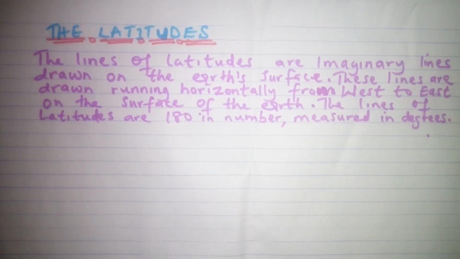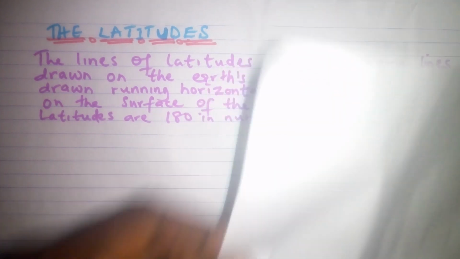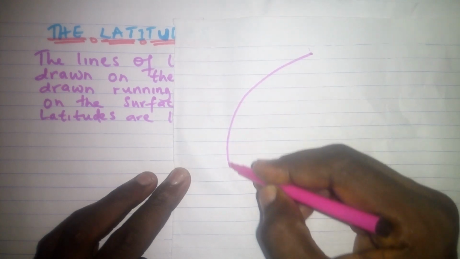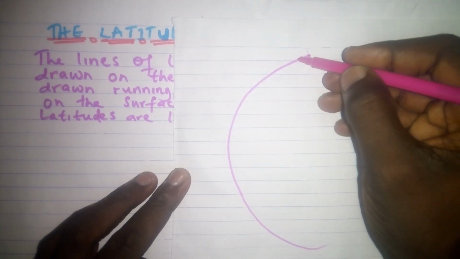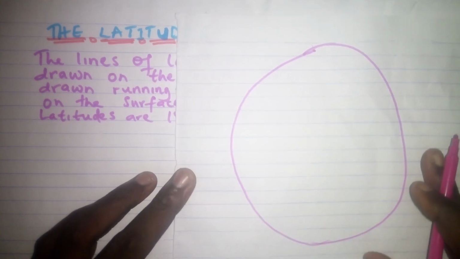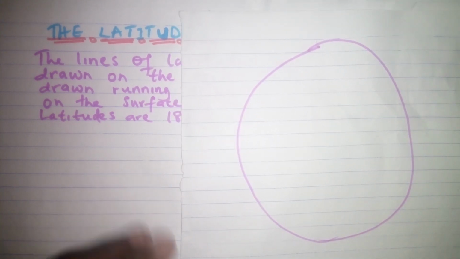So on the contrary, this one, still drawing our Earth like a sphere. Let me draw the Earth as a sphere also here. This is not drawn to scale. Take note, this is not drawn to scale. It's not a perfect diagram of our Earth surface, and not a perfect diagram that will represent the